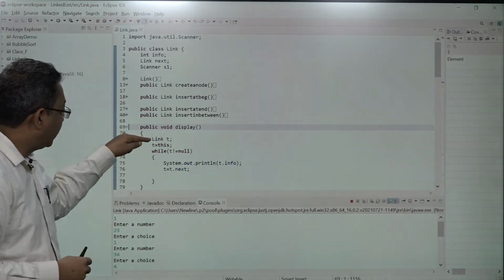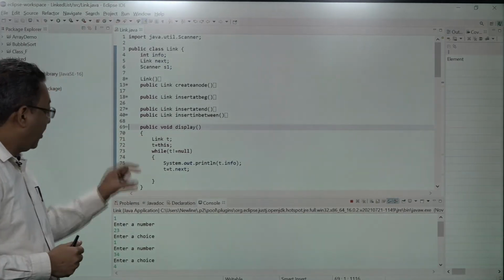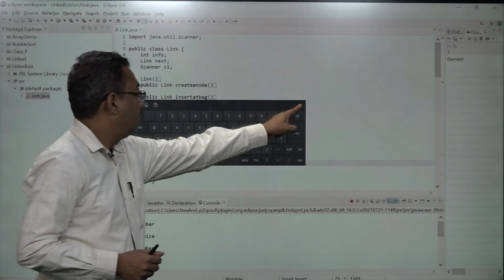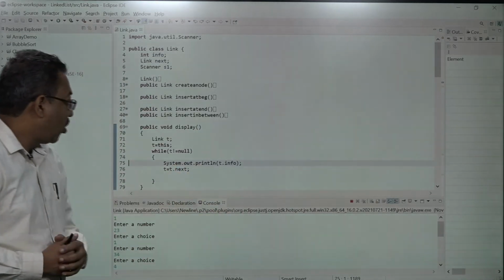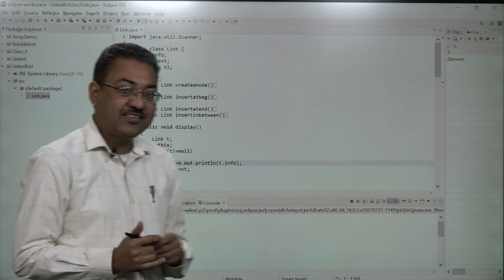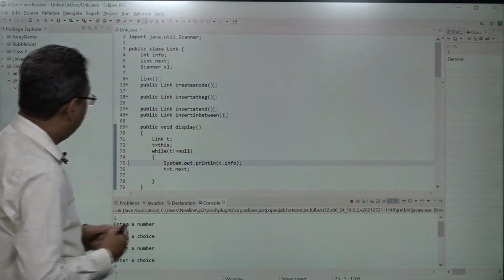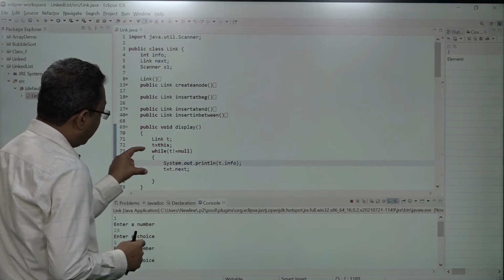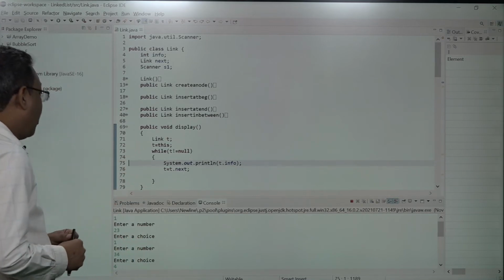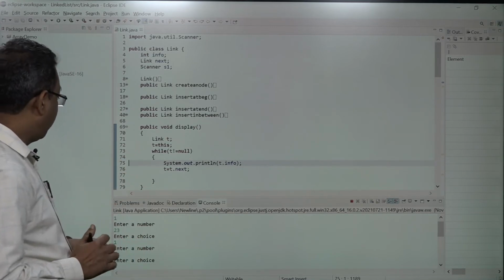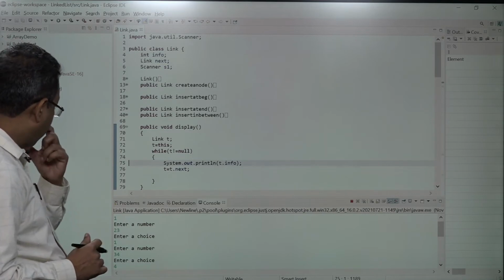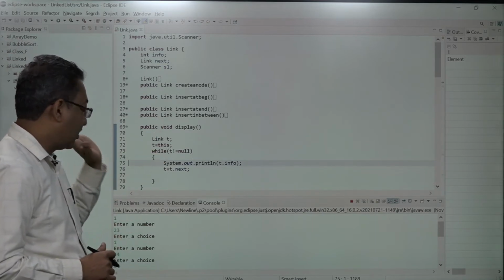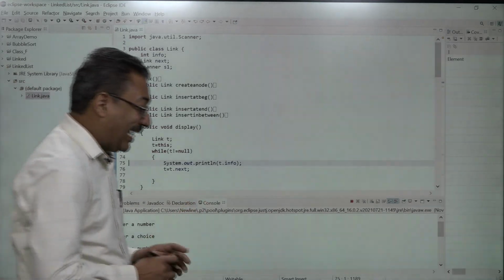So for that, we have made use of a temporary variable, and I have written system.out.println t.info. Of course, that I was saying, and then move t from t to t dot next, and keep on displaying all the information in all the nodes, right? And here the return type is void. So do not return anything.